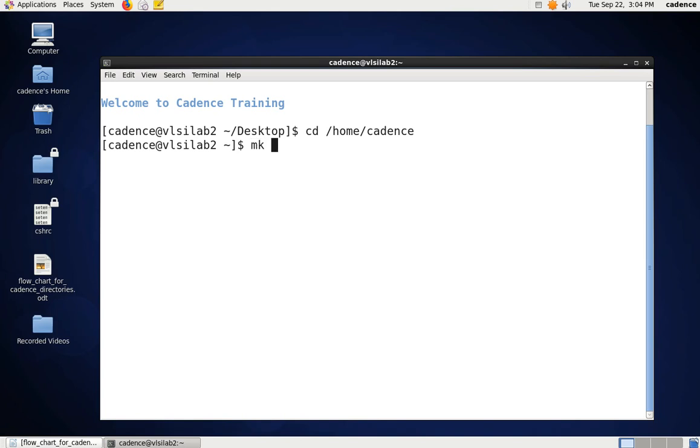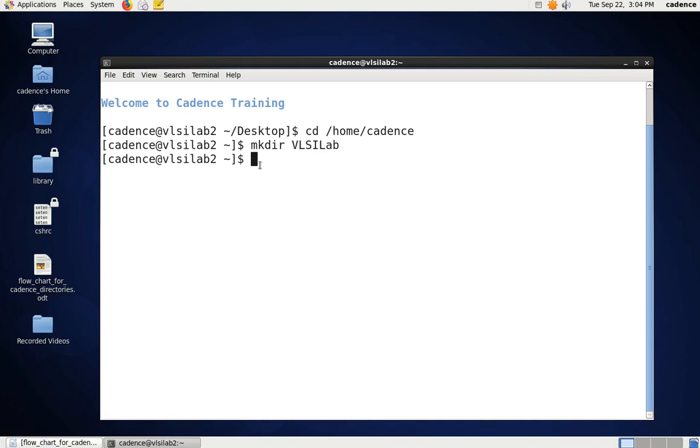Fine. For that, how to create the directory is mkdir. So this is make directory folder. In the make directory, you create the name. Fine. Let me give my name, or you can give any name. So I'll give VLSI lab. So I have created a name for a corresponding directory. Once I give that, the corresponding directory will be created with this name.